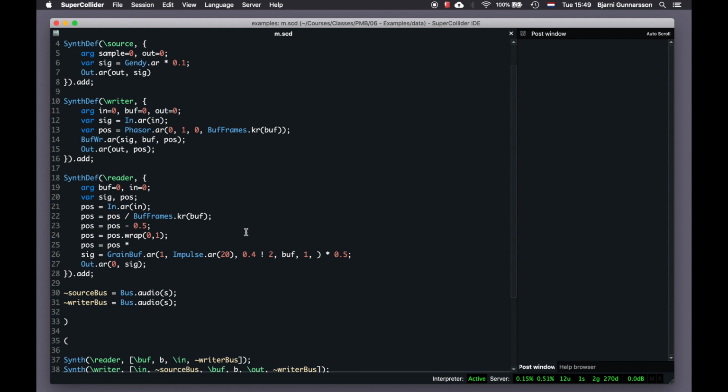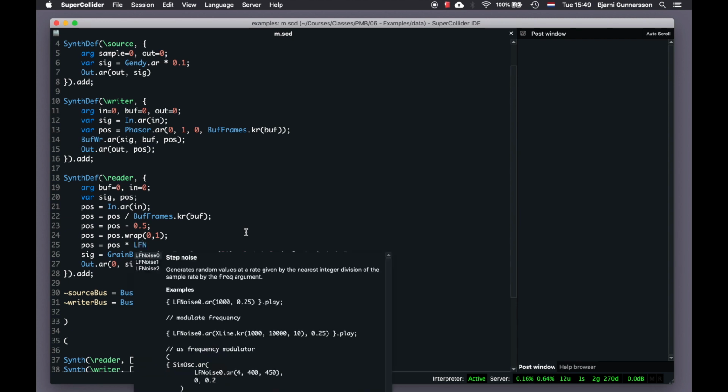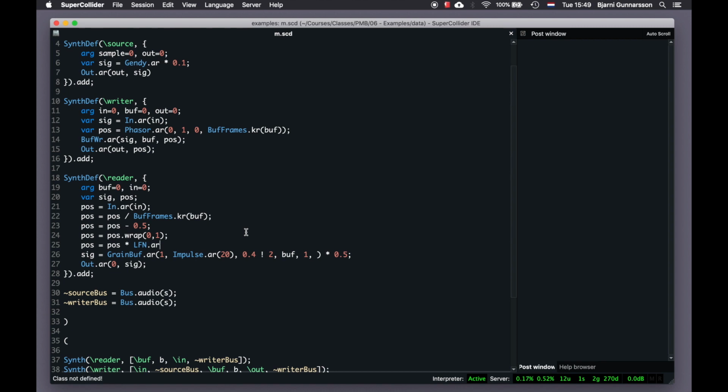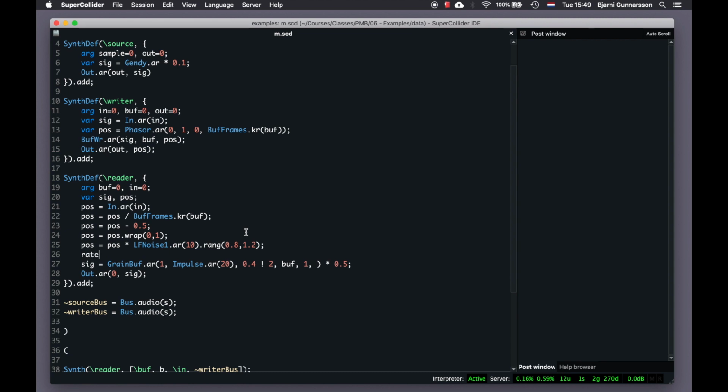Position is position multiplied with LFNoise1. Put the LFNoise1 at 10 hertz, and just a little bit around the place where it could be playing. I'm going to take also the rate. So the rate, maybe an argument for the rate is 1, and I'm going to override it here with saying